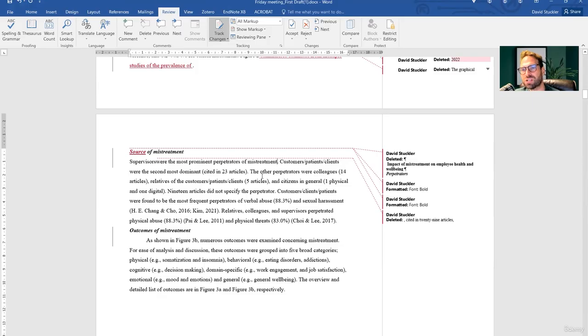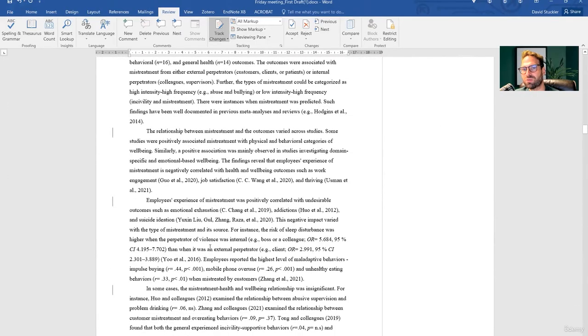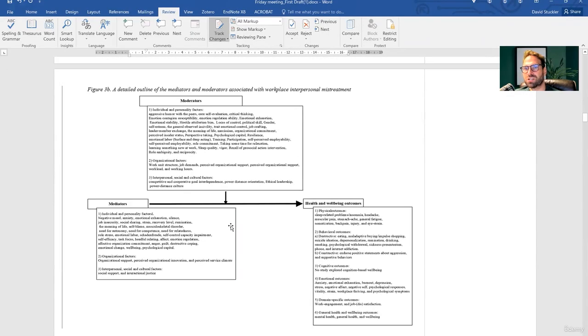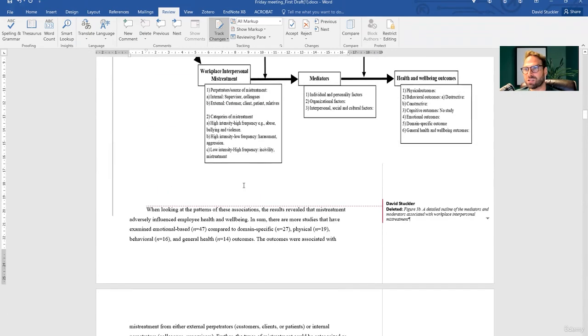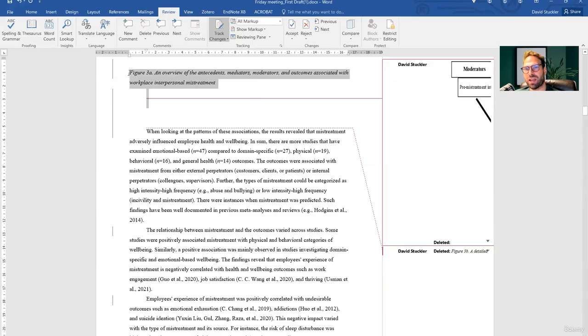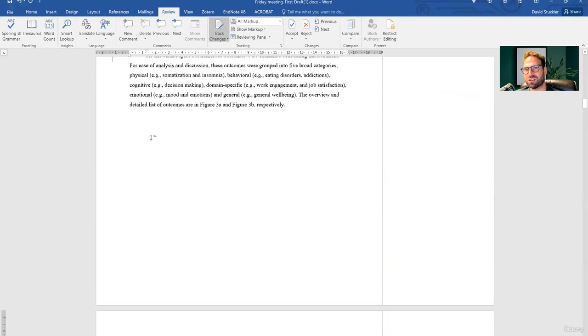Here's the outcomes. This is where I wanted you to go through and now start talking about the studies. So you haven't really gone through. So we need to talk about the studies. These things I don't think are going to be very relevant, unless this is something you made. If this is something you've made, it's relevant. But if you just took it from an existing study, I don't think it adds a lot of value to your research.